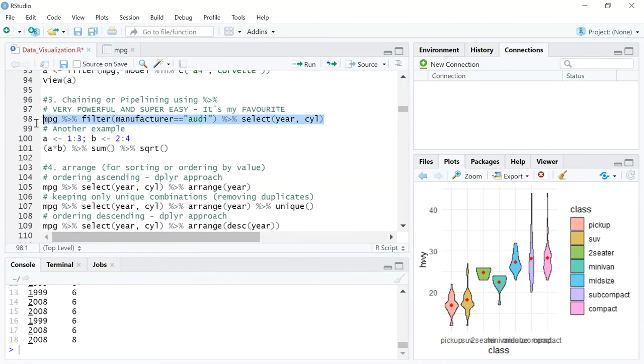So you can use this very flexibly. This makes it very interesting. So in an Excel sheet, if you want to play around, you'll have to do multiple filters and then copy and paste. Here you can actually assign this to a variable and then plot that variable separately, right?